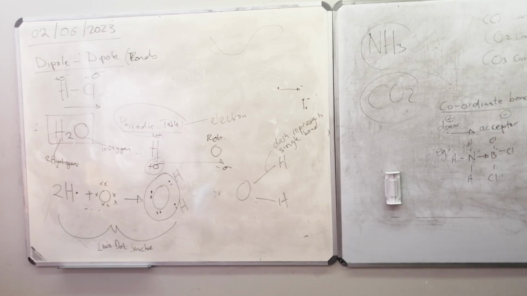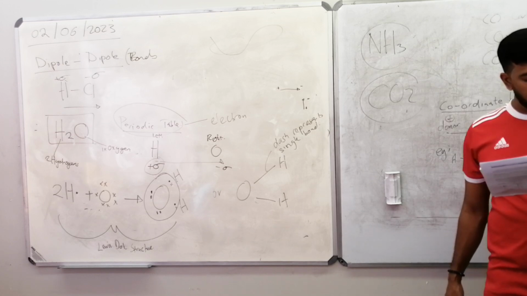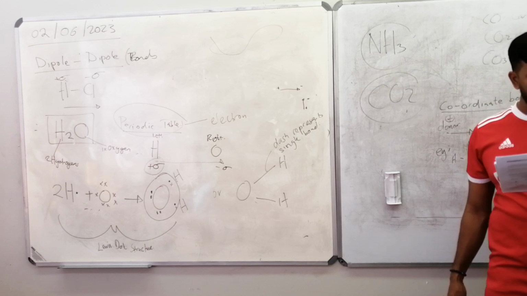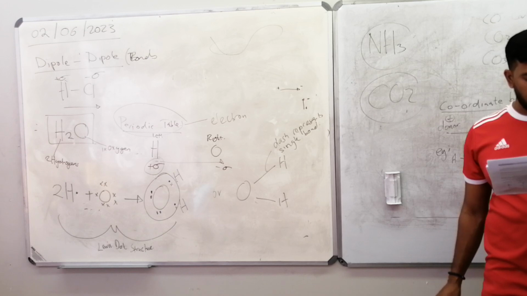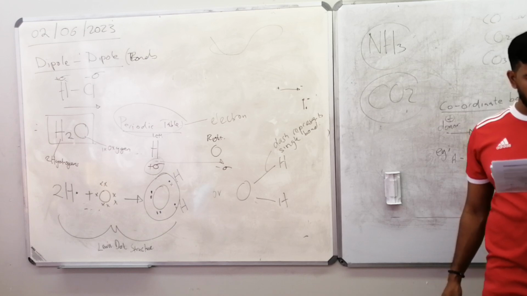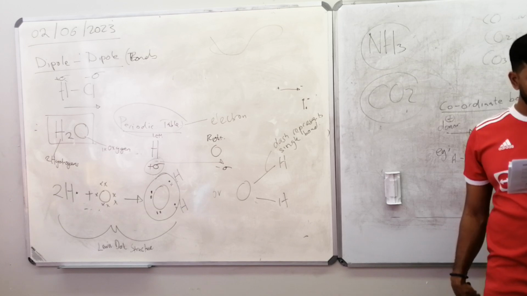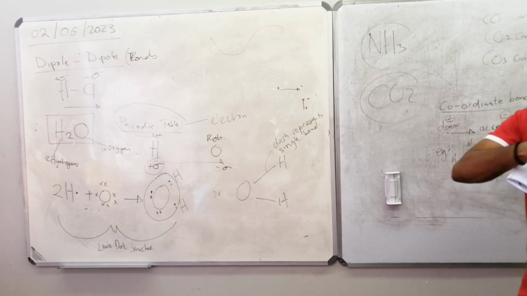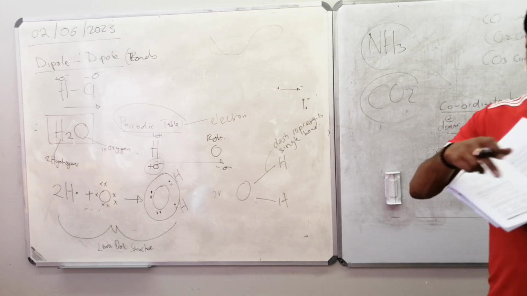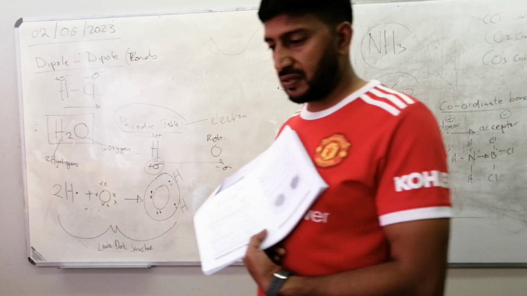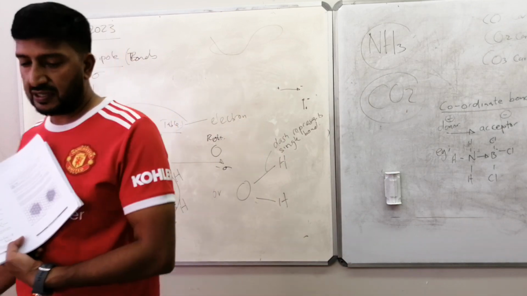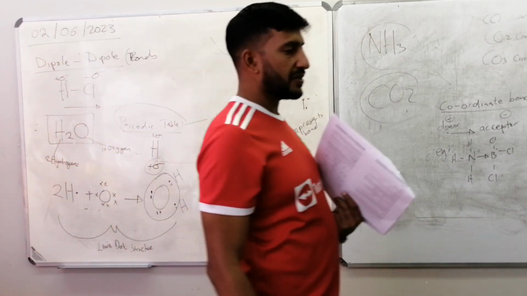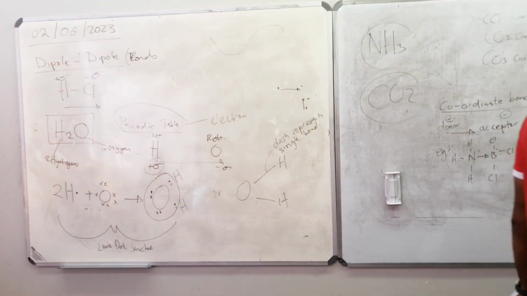Now let's look at the next one there. We've got nitric acid, HNO3, right? HNO3 is nitric acid, and now tell me which one is the donor and which one is the acceptor? Donor is nitrogen. Acceptor is oxygen. Right, I want you to write that down in your books. Write down the acceptor and donor, so when you're learning later, we'll come back here. I know it's small, but yeah.